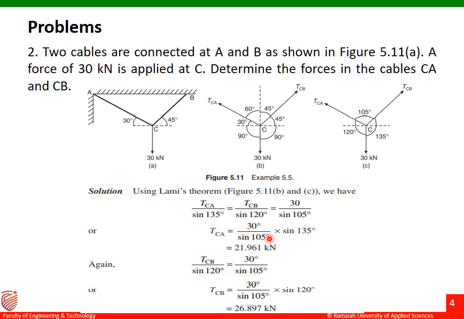So once we multiply this one and then calculate, we are going to get the answer as 21.961 kilonewton. So this is the value of TCA. So we have to find out one more force, that is tension in cable CB. That is TCB is equals to 30 divided by sine 105 into sine 120 degree. If we multiply and then calculate, we'll get the answer for TCB as 26.897 kilonewton. So these are the two forces which are acting along the cable